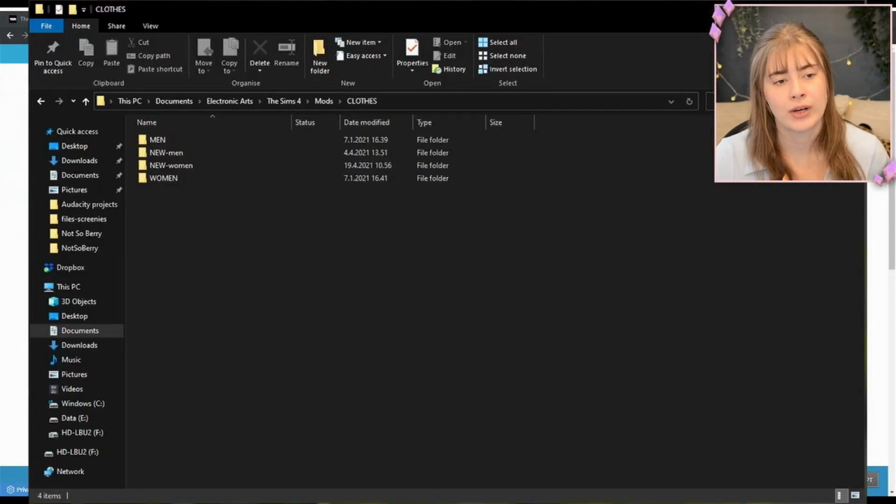So yeah, this is because sometimes you download a CC that doesn't work, or there's something wrong with it and it crashes the game. So if you ever happen to download something and you know you just downloaded CC and you go to play your game and you can't launch it, then you know where that CC came from. So I have the new in here, I go to women,